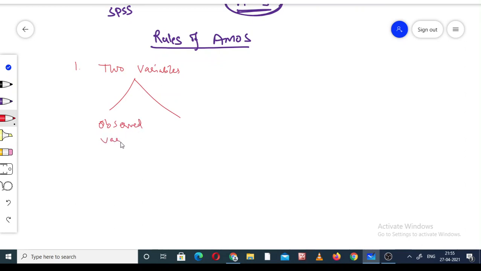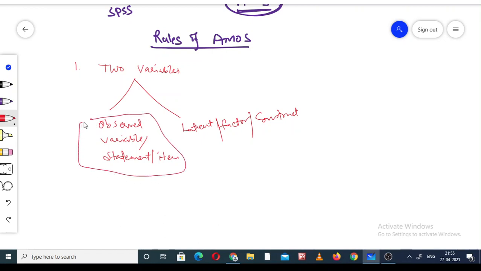The second type is the latent variable, or we can say the factor. Another name of this is the factor, or the construct. The observed variable has one more name, the statement, or we can say the item also. So this is one type and this is the other type. These are the two variables in the Amos.